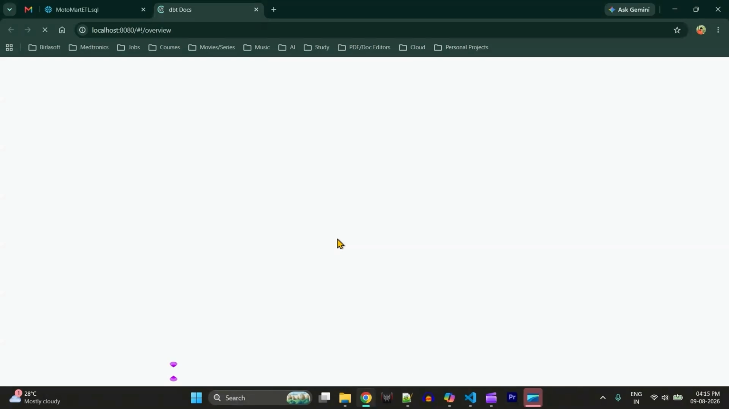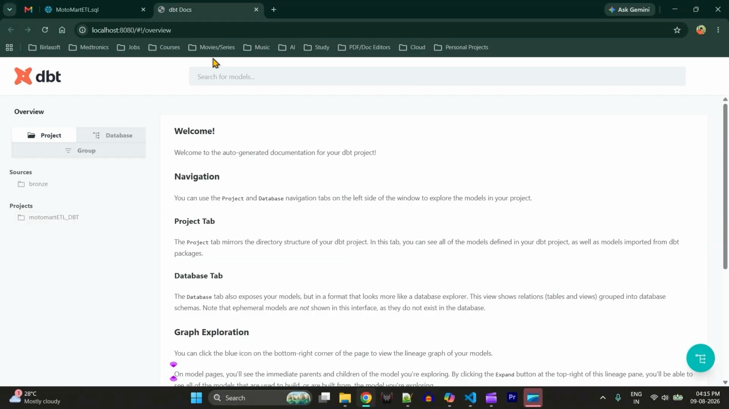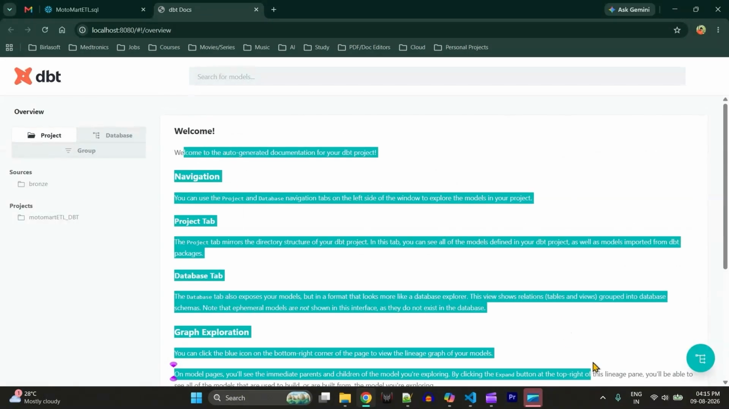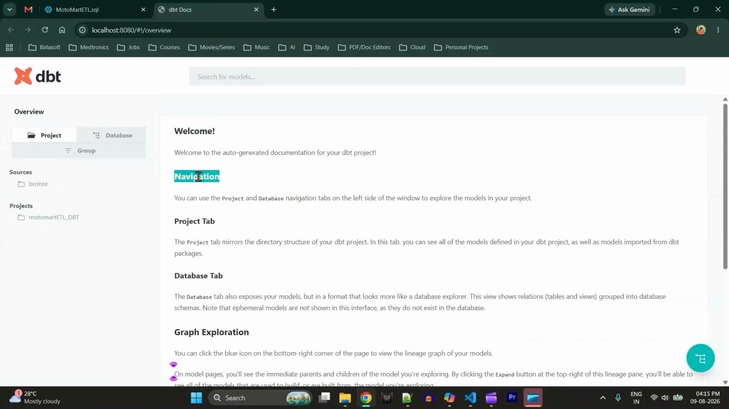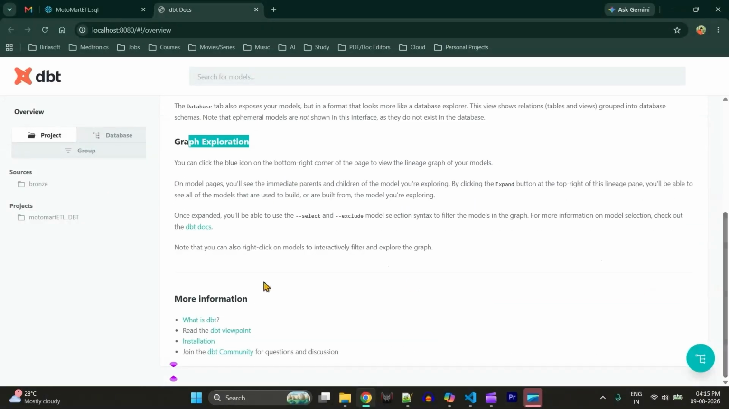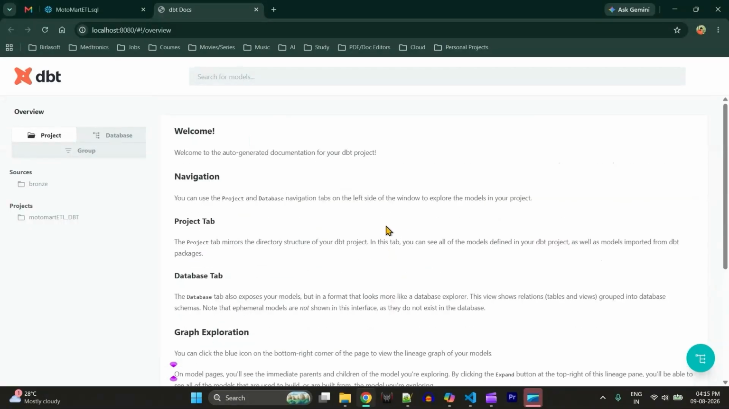Say this is the localhost link. We have been redirected to the localhost website in the Chrome browser, and see, this is such a beautiful website. It created it for us. It also shows more information, like what dbt is, installation, joining the community, question answer, welcome, navigation, project tab, database tab, graph exploration, lineage, model, select, exclude. Whatever information you need regarding dbt is present here,